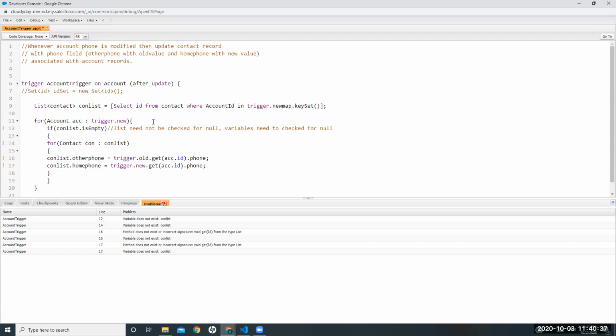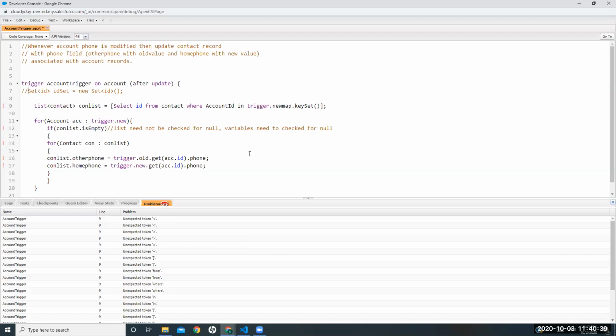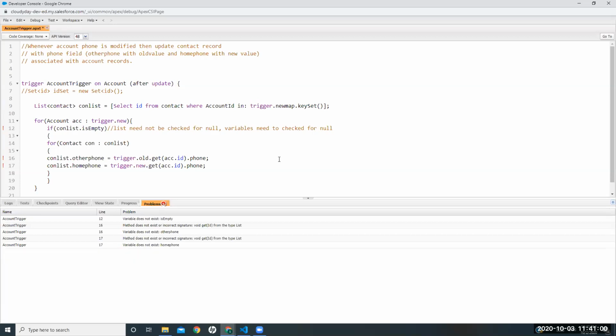Okay. So do one thing now. First debug the con list. What happened? Okay, you have to put a colon after in. You have to put a colon after in. Okay. It went. Yeah. isEmpty. You have to put parentheses after isEmpty. It is a method, not a variable.